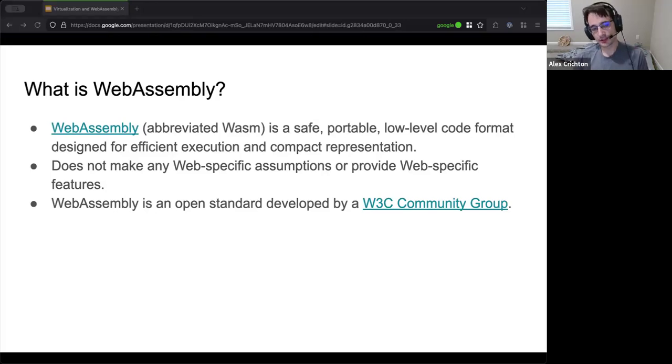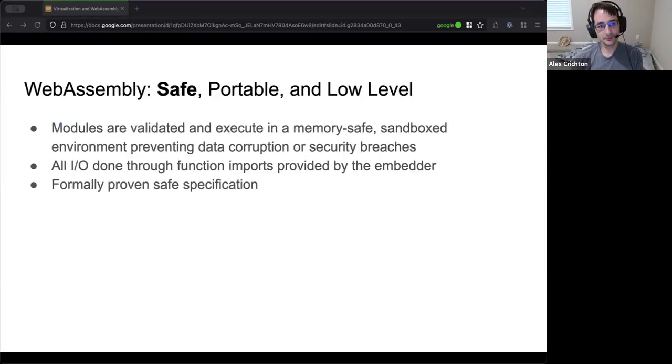And then the other main thing about WebAssembly is that it is an open standard developed by a standards body. So this is not just one company doing something. It's not just one person sitting off in the middle of nowhere designing something. It's a standard agreed upon by many big companies. All the major browsers are the primary stakeholders right now, and they all march the WebAssembly standard forward and add new features over time.